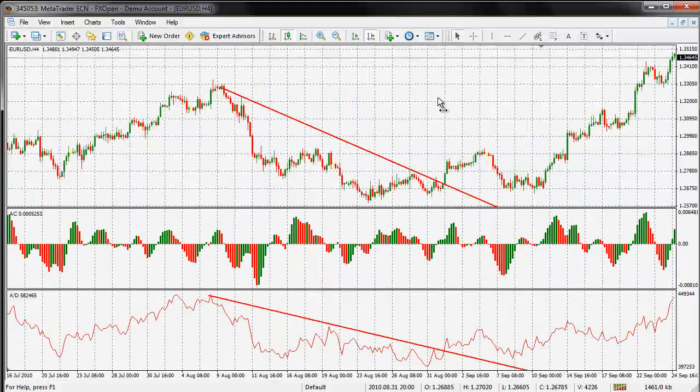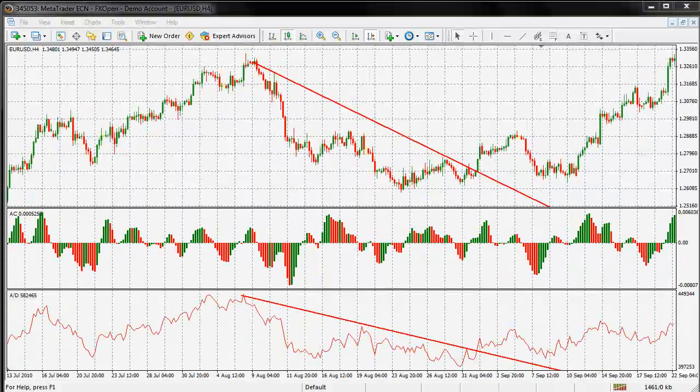Okay, so we've identified the trend. It's down. Alright, that's number one. We need to find the trigger, which is right there. It's an alert to get in, and we can see that indeed it does break. And then we need the confirmation. So this one down here is number 2. And then this one here will be number 3, and we see green bars above the vertical scale, so that